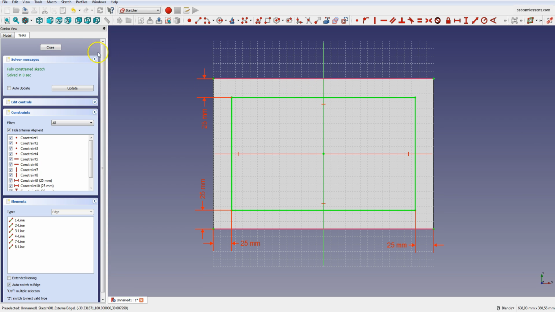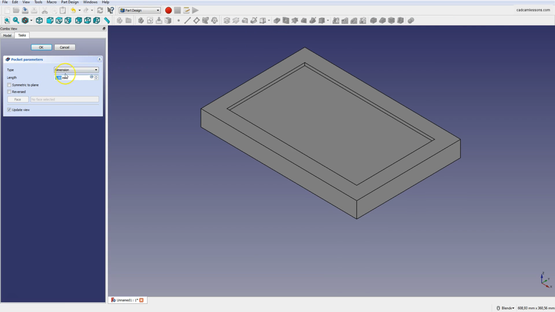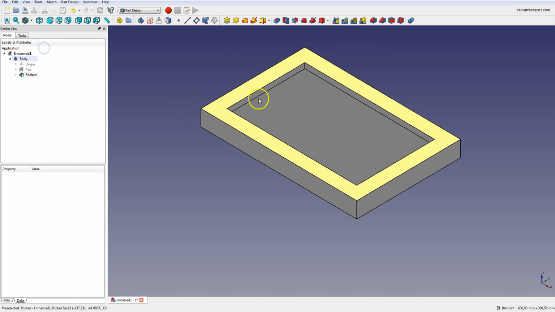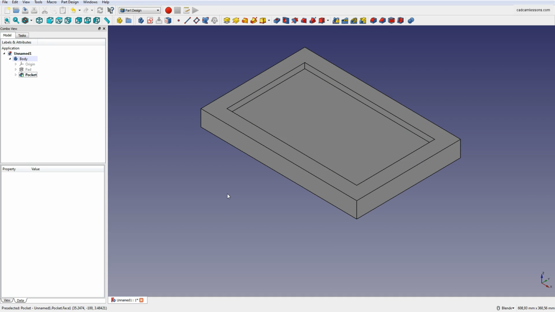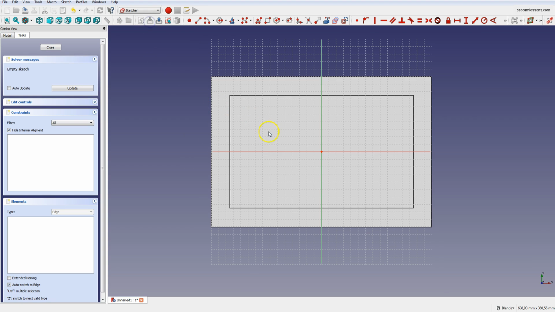Okay, now we can close the sketch and we can select create a pocket with the selected sketch. Okay, and here we can specify the pocket parameters, type in here 10 mm and accept this by clicking the OK button. Now we will make holes in our model, add a new sketch in the top face, create a new sketch,